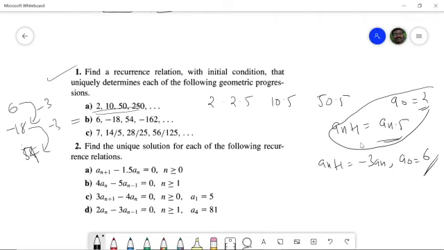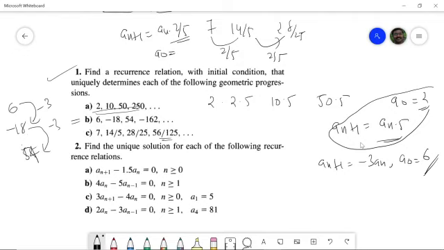Okay, similarly you can see this problem also. The first term is 7, the second term is 14 by 5. How is it obtained? It is multiplied by 2 by 5. The next term is 28 by 25. Again it is obtained by multiplying by 2 by 5. So if you see this, the (n+1)th term would be basically an into 2 by 5, and our a0, the first term, would be just 7. According to the convention in the textbook, the first term is always written as a0. Okay, now look at this question here.